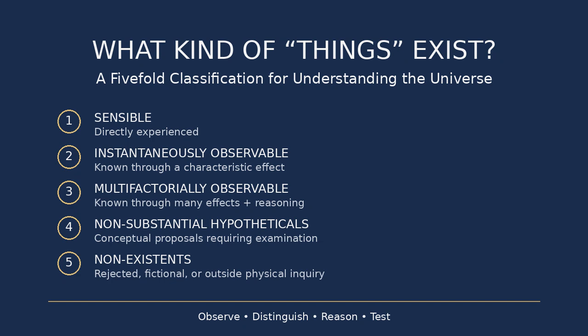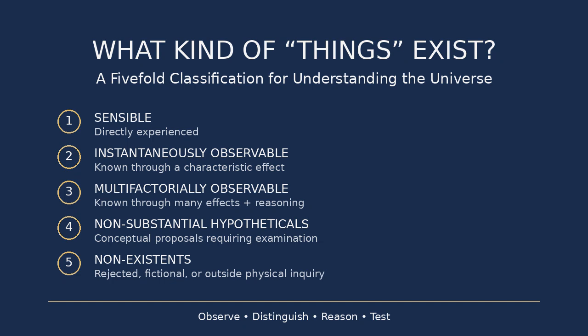However, "known through a single effect" should not be interpreted too literally. In real experimental science, confidence in a physical entity normally comes from reproducible measurements, controlled experiments, and consistency across different observations. The category is therefore best understood as a conceptual distinction. A physical phenomenon can sometimes reveal itself through a relatively direct, characteristic effect.